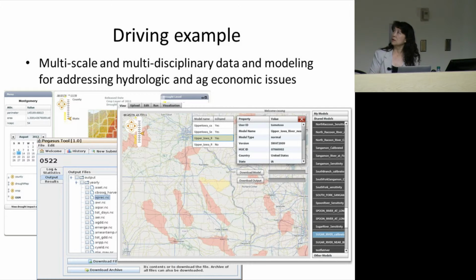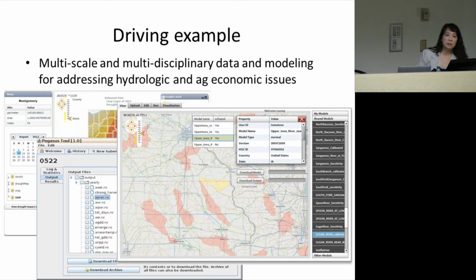Let me see, I'll run through. These are some examples of the work that we have done, and some people may recognize that, and then there are some other projects that we were putting layers of drought maps with land use data, and then also doing calculations on the back end to produce the drought impact data. And this is a SWAT model